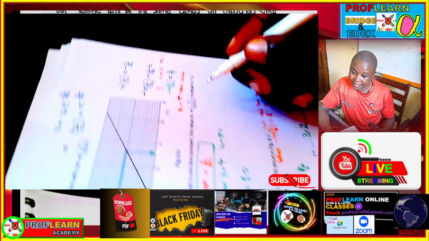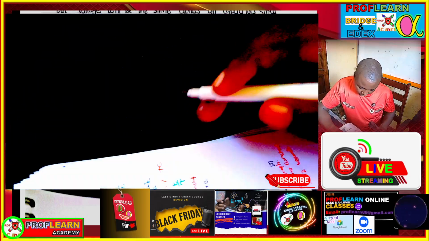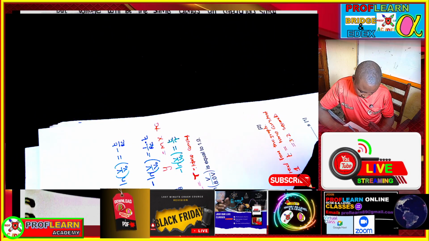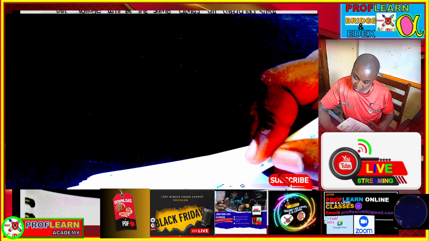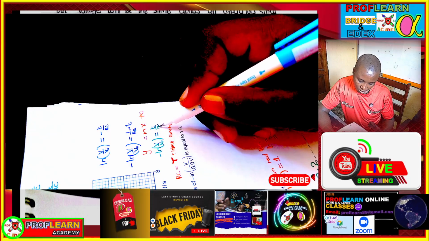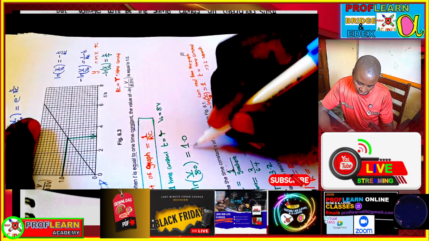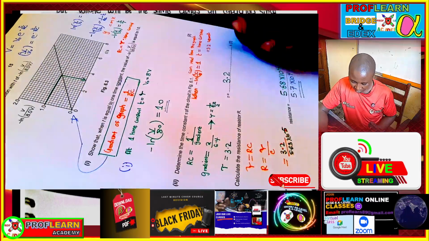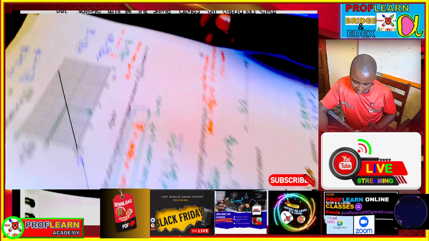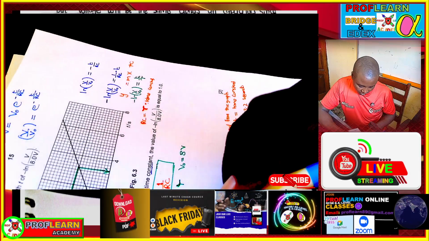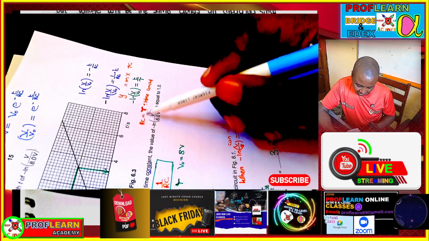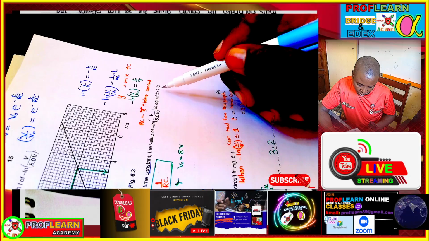If t is equal to the time constant, then it means in this place you are having t over T, this t is going to be tau, because we are told that t is equal to the time constant, and the time constant is this value that we have here. This is the time constant, and if this is equal to this, then all of this expression is going to reduce to what? 1. Hence that's what they were saying. Determine the value of tau for this particular circuit. So if they are saying that when t is equal to the time constant, this one is equal to 1,